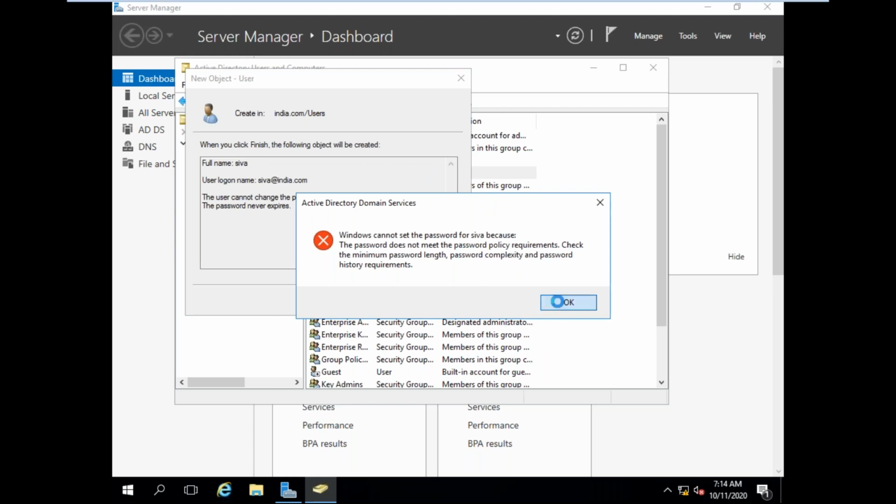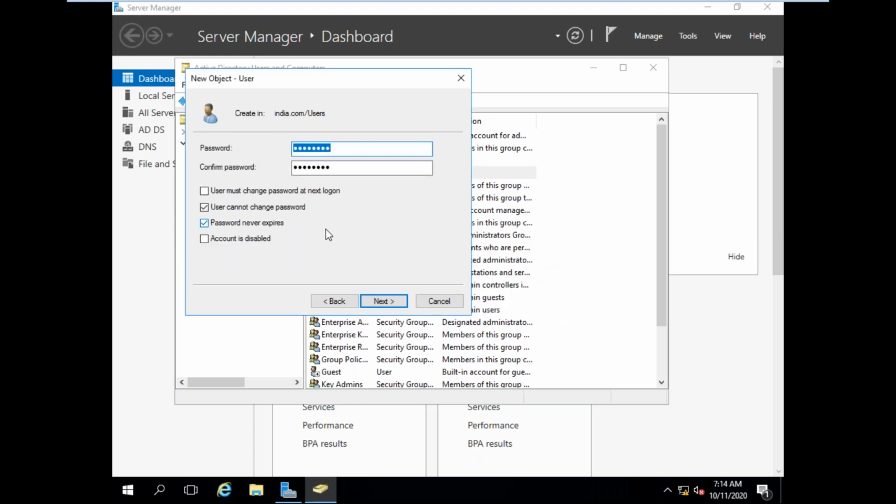The password policy is not met, so Shiva@1234. Shiva@1234. Shiva@1234.